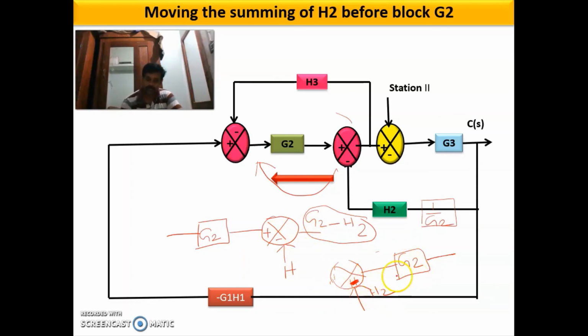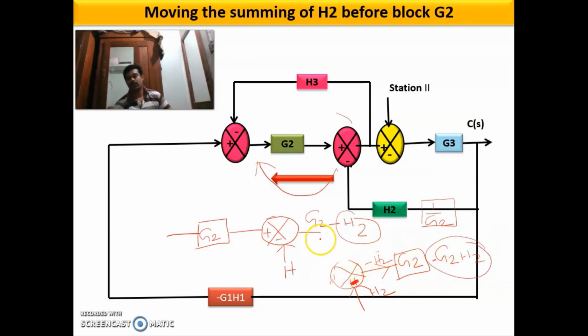This minus H2 after coming here will be multiplied by this G2. So it will become minus G2H2. But here you are having only minus H2, and here you are having minus G2H2. So you have to,